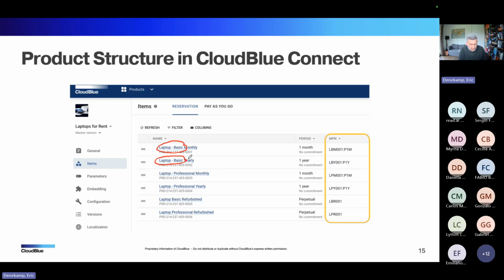The only difference between those two is the subscription period that we are renting it. This is a laptop for rent, so this is a subscription to using a laptop. The same device with different periods have a different MPN, or are different objects in this case.